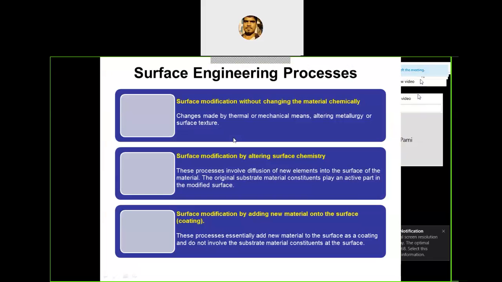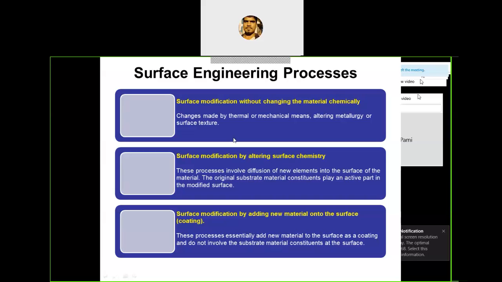Surface engineering process. There are three categories. The first important category, surface modification. Surface engineering means altering or modifying the surface. Clear? So we do it with the different categories, like the first one, surface modification